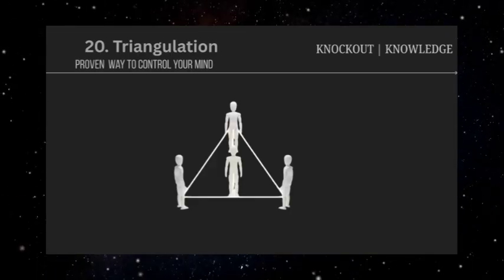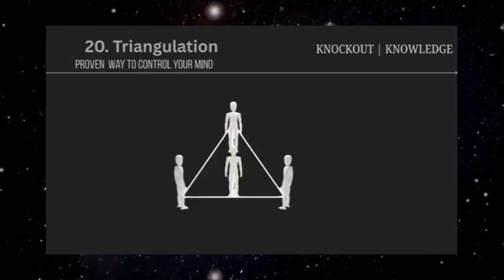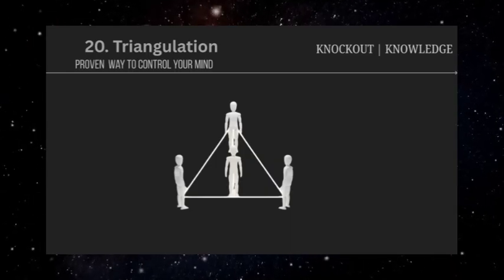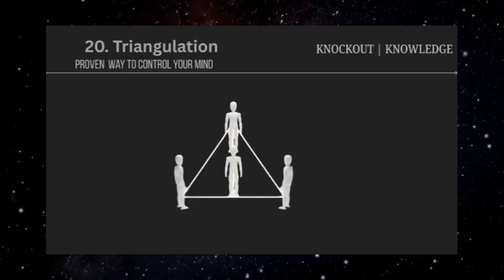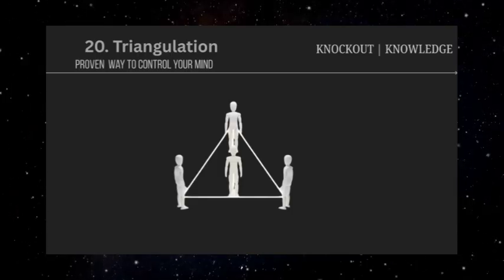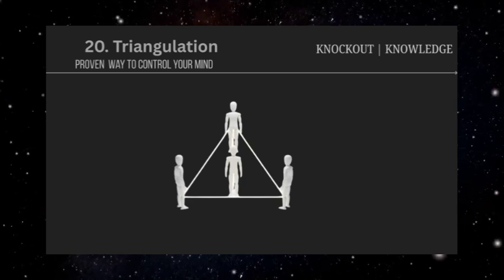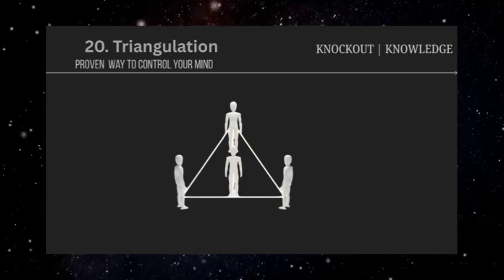Understanding triangulation means recognizing that your relationships and decisions should primarily be based on the people directly involved, not on real or imagined external opinions. While it's natural to consider what others might think, allowing those considerations to override your own judgment and values often serves manipulative purposes rather than your genuine well-being.